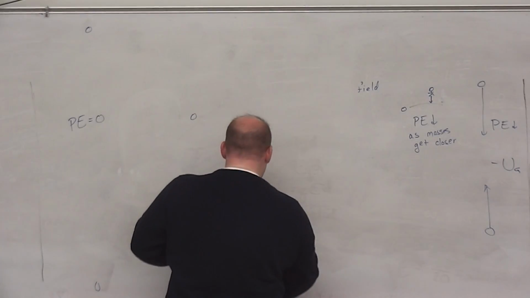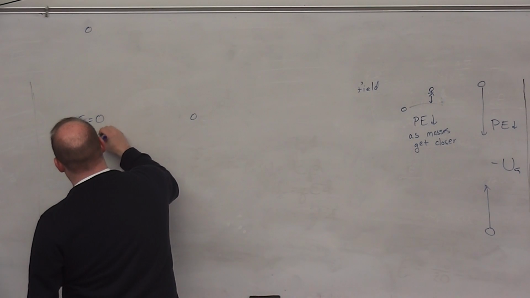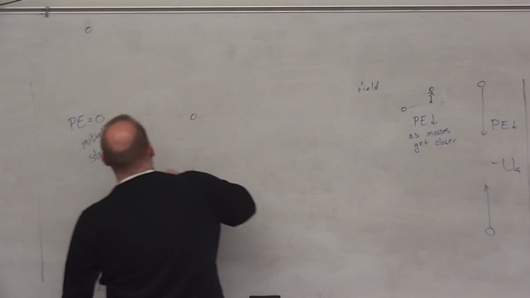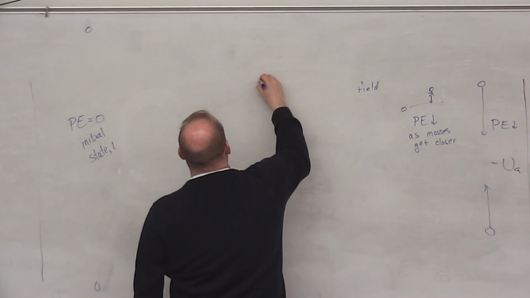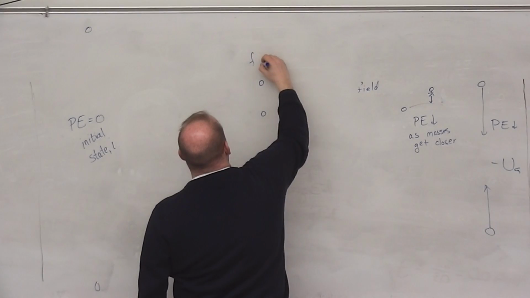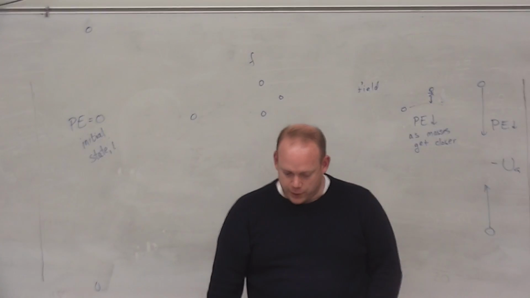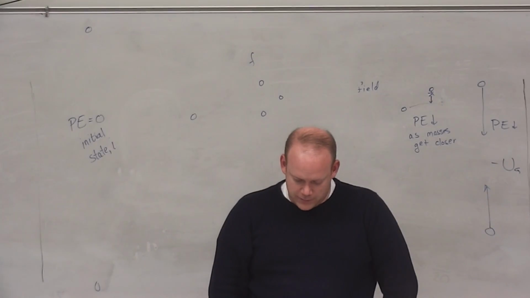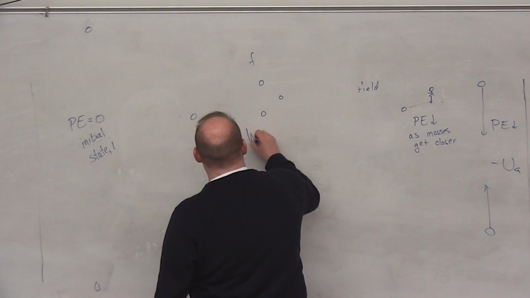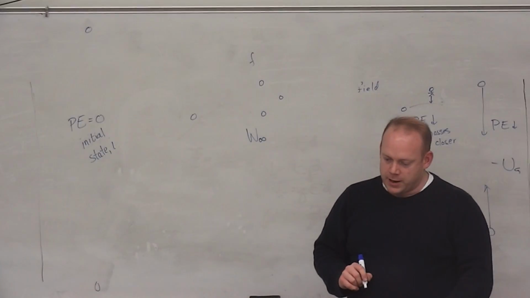This will be some sort of initial state, I. Now I bring those charges much closer together, to some sort of final state, which I'll just call F. This will have some non-zero potential energy. We're going to say that the work done in moving them in from infinity,